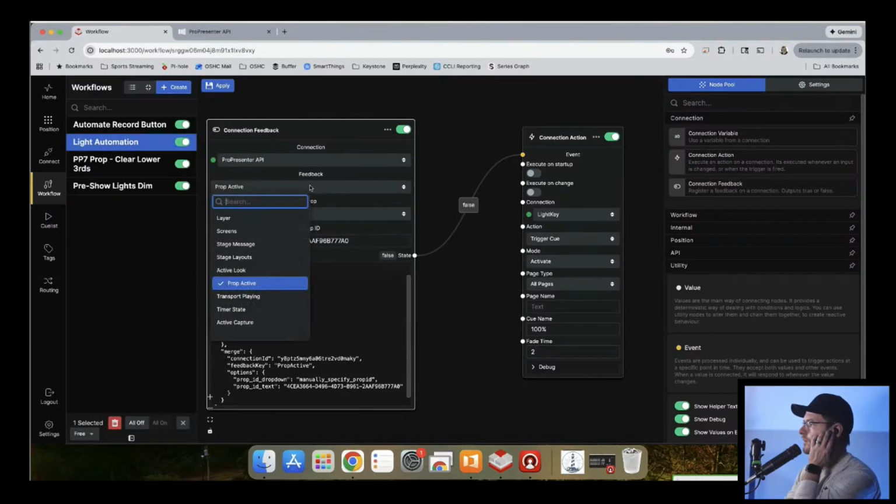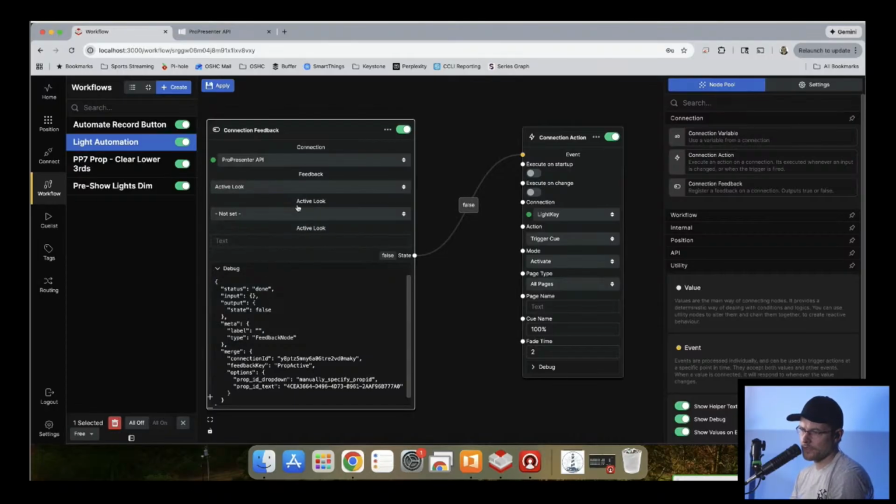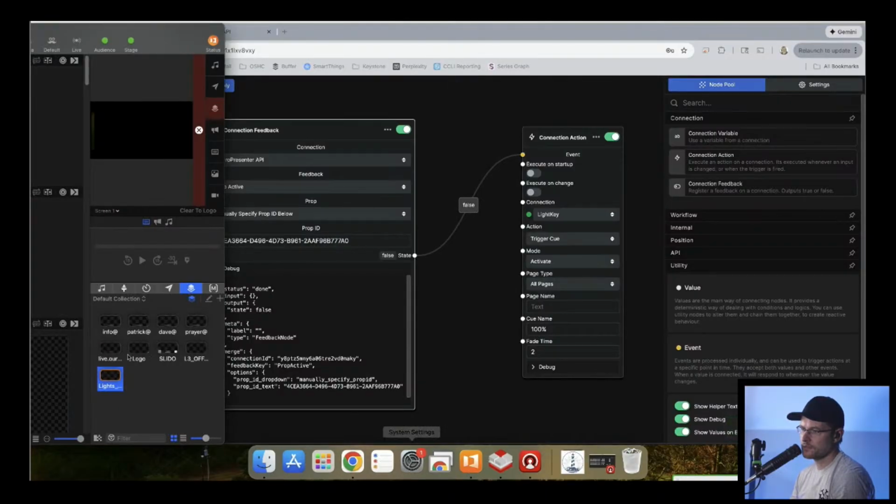Okay. Well, active look, current look, back to prop ID, hit apply. Why?